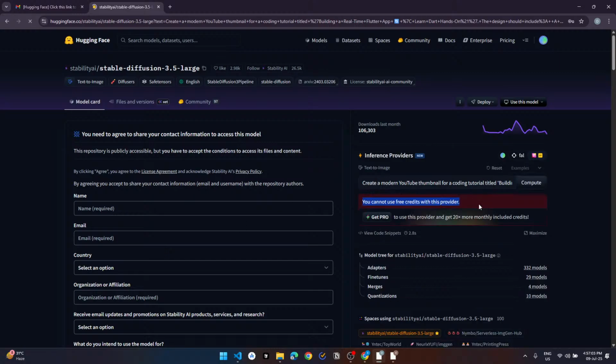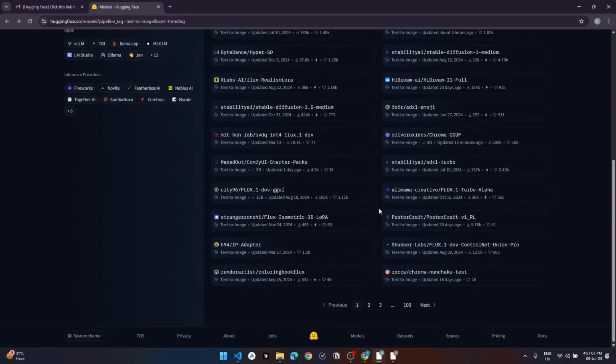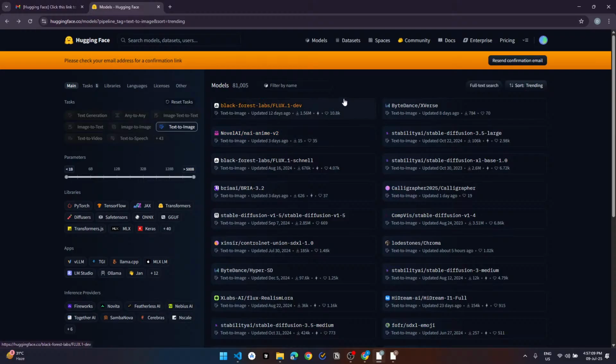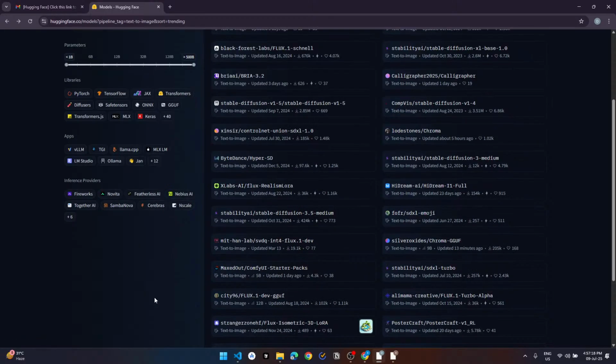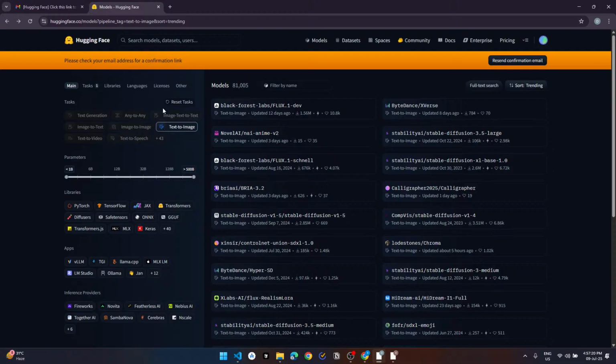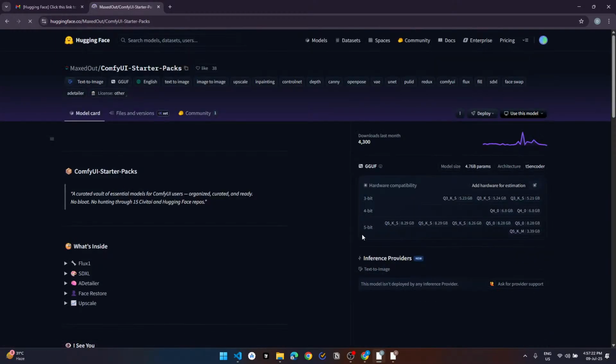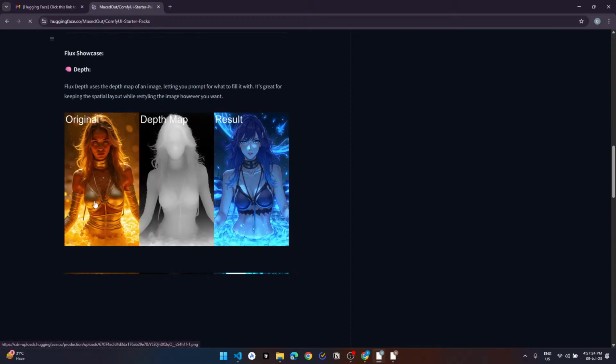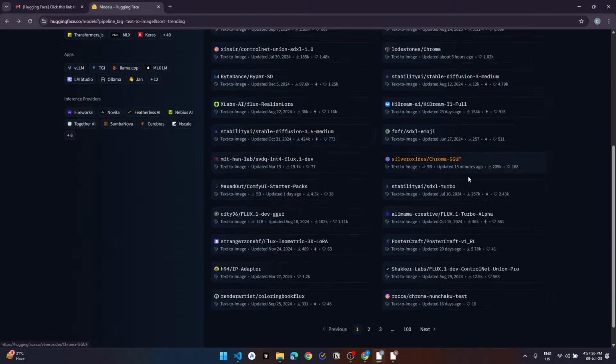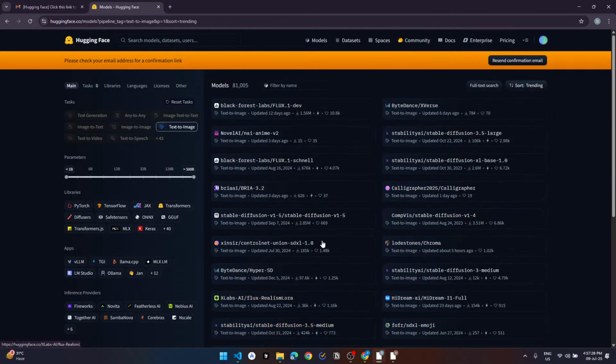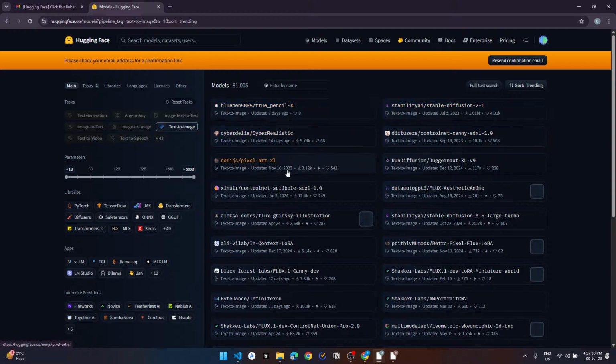You cannot use free credits with this provider. Then can you give me a free one? Do we have any filter for it? Nah, we don't have one, right? Let's just go to another page and try to use other models.